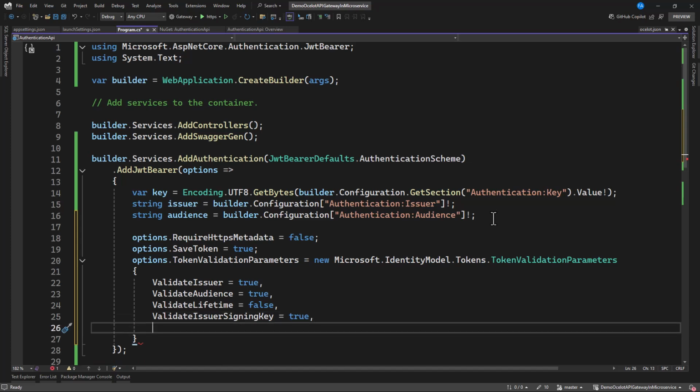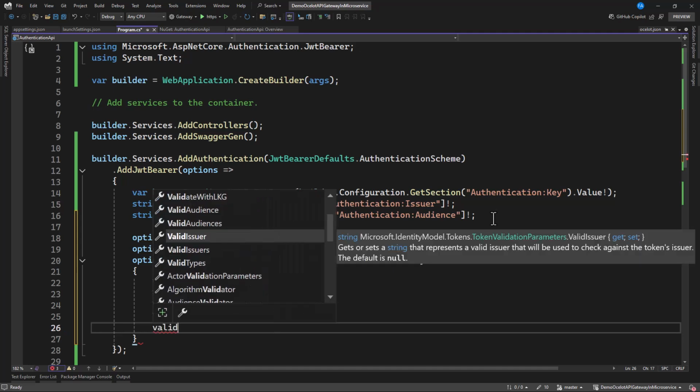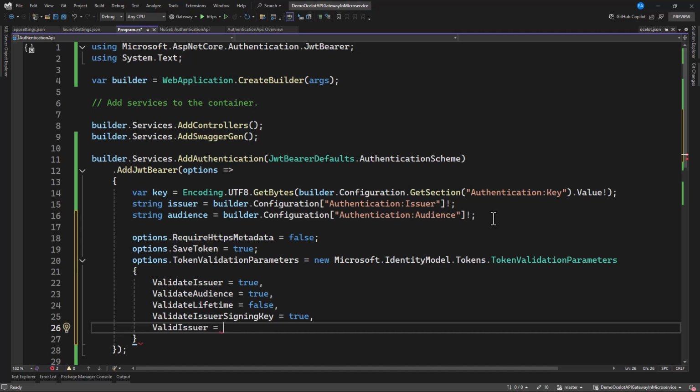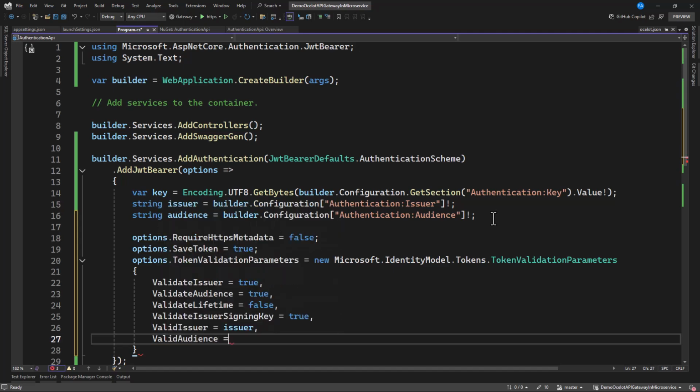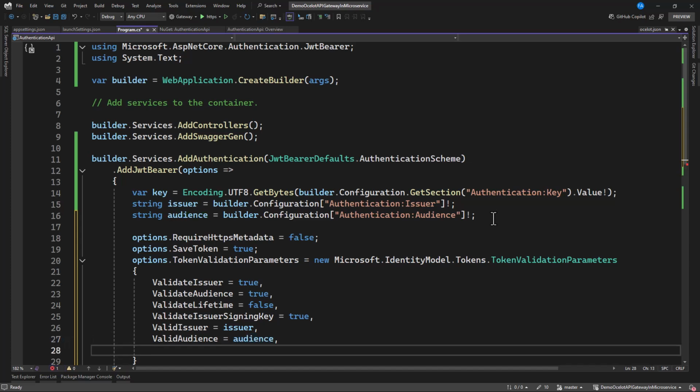Let's have a ValidAudience and now ValidIssuer. So ValidIssuer is equal to the issuer that we have, and ValidAudience is equal to the audience that we have as well.